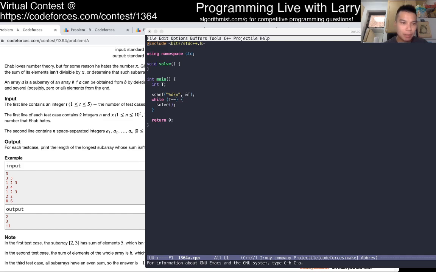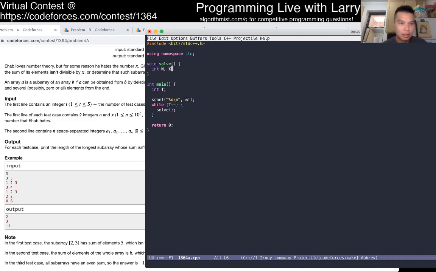Okay, let's parse the input first. Oops. T test cases, and x. I'm still using C-style scanfs. That's just from a long time ago. I don't know if there's any good reason for it. Maybe I should learn to do better, but okay.